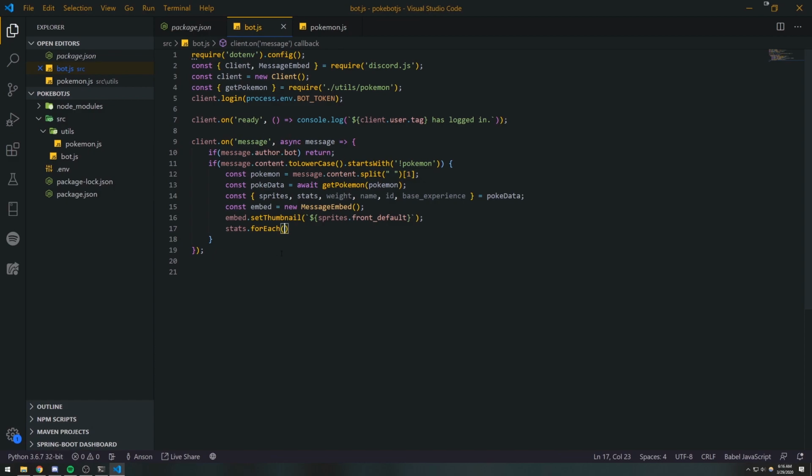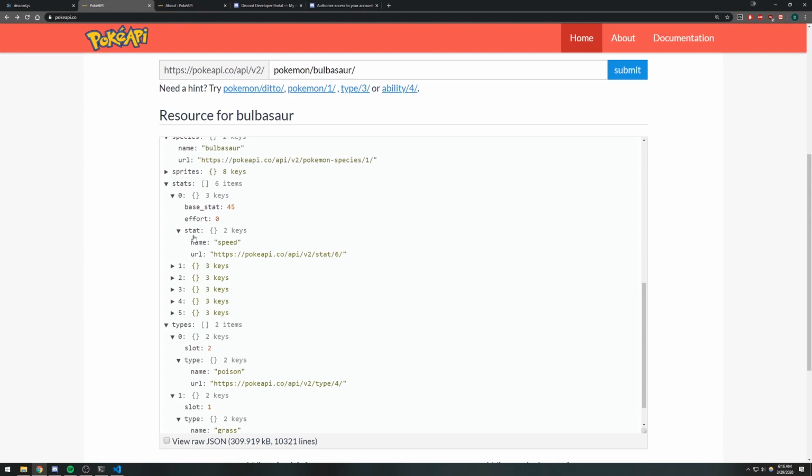Okay, so we're going to have to iterate through this stats array, and we're going to have to modify this embed. So what we're going to do is, for each stat, we're going to do embed.addField. The addField method takes in 2 properties. Well, it can take in a third one, which is inline, but we're not going to worry about that. The first property is going to be name, so we're going to need the name of the stat. To get the name of the stat, we're going to have to do